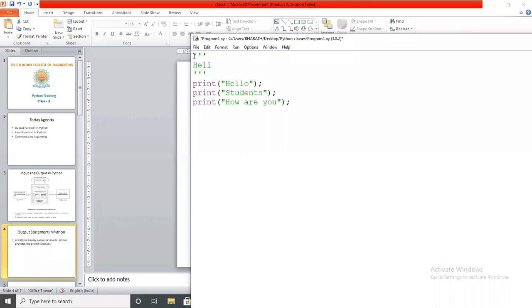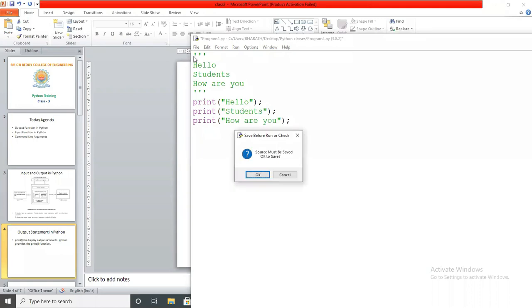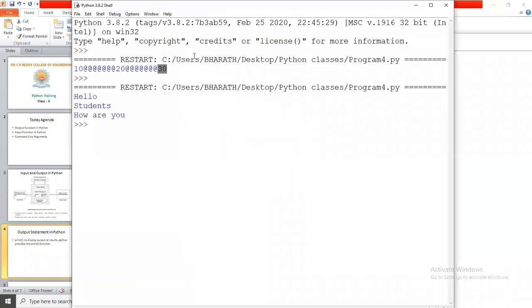It prints hello, the cursor goes to the next line, it prints students, and the cursor goes to the next line and it prints how are you. First we execute this program. So hello, students, how are you?